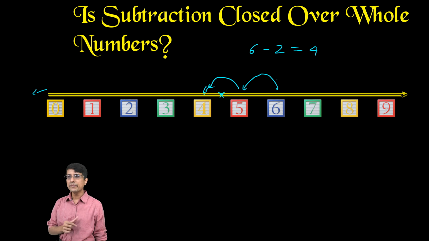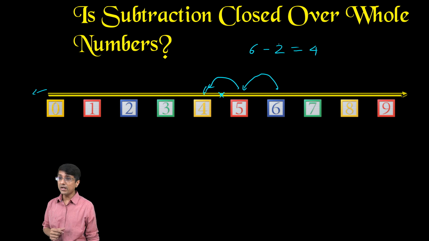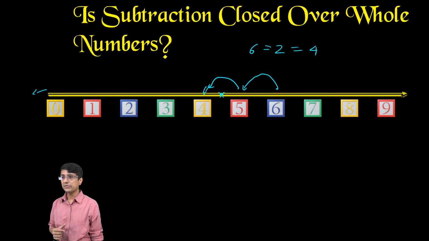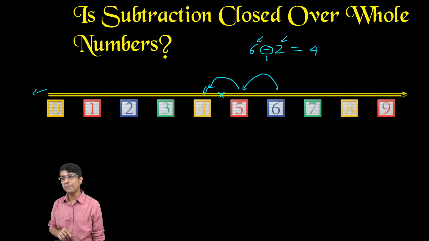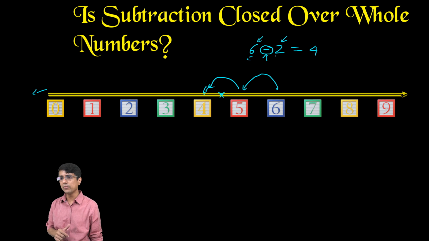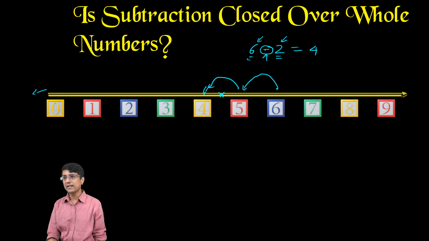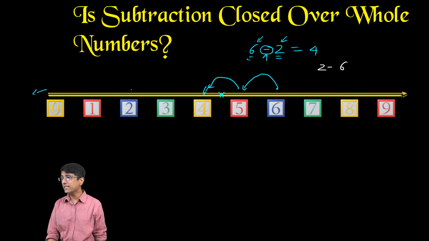So you might think that subtraction is actually closed. Well, it is not. Let's just reverse our 6 and 2, right? So this is the operator minus, and we have two operands, 6 and 2. The numbers on which this operation is happening are known as operands. So we have two operands, 6 and 2, and I have an operator minus. So let's reverse the order of these operands. So what happens if instead of doing 6 minus 2, I do 2 minus 6? So now I start from 2 and I go backwards 6 times.